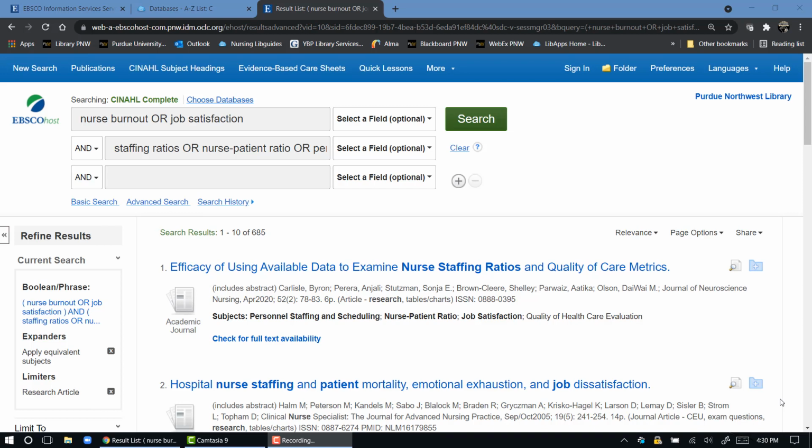So using my first search line, CINAHL is searching for the terms nurse burnout or job satisfaction among the title, abstract, and author-designated keywords in each article it contains. We have the option to change how the database searches for each line of our search. This can be another good way to expand a search with too few results or narrow a search that has